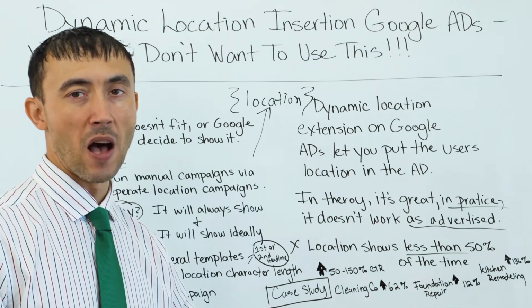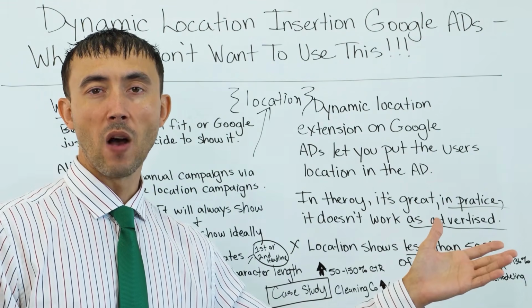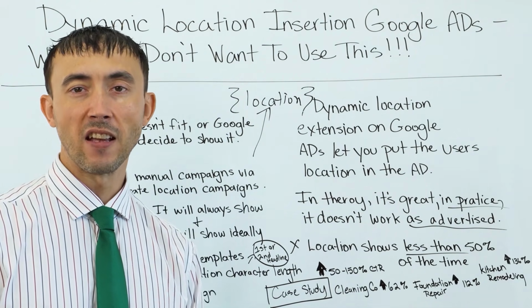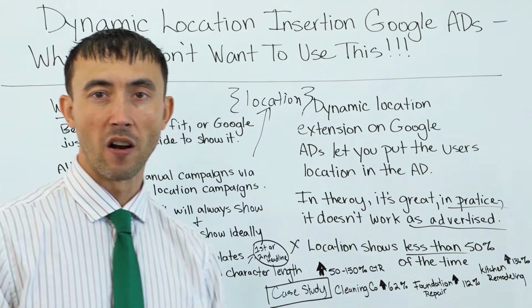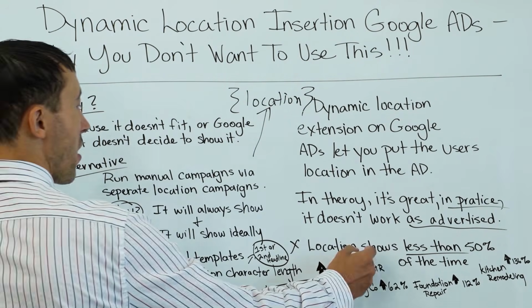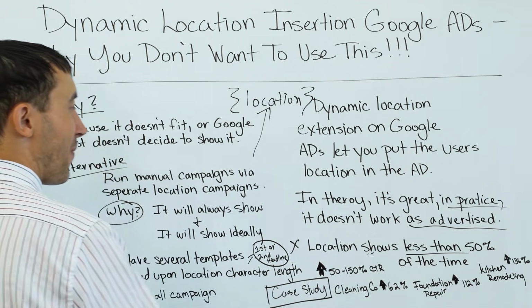I mean, anything's possible, but it's going to work like 20% of the time. So how are you going to get an increase in click-through rate when it only works sporadically like that, or basically doesn't work? Okay, so it does work a little bit. Depending on your market, you may get it to show up 40% of the time, or it could be 5%